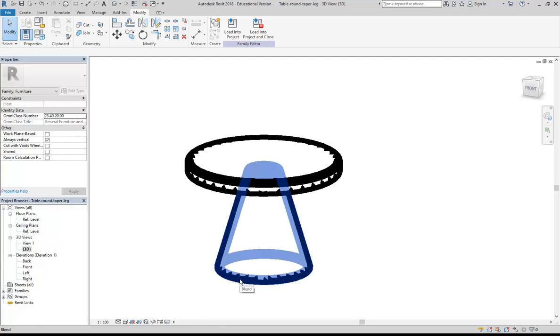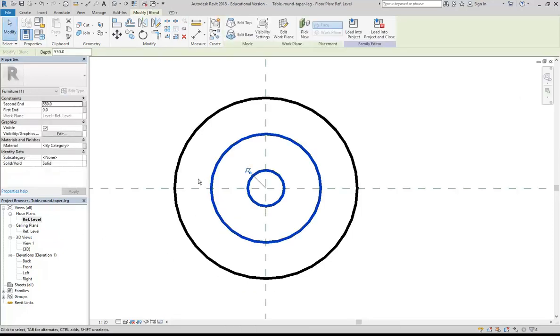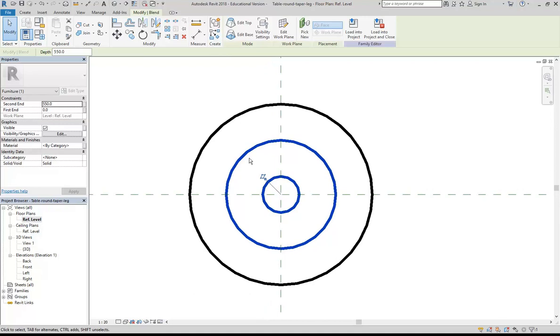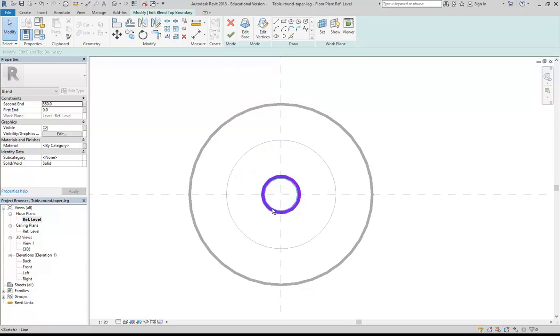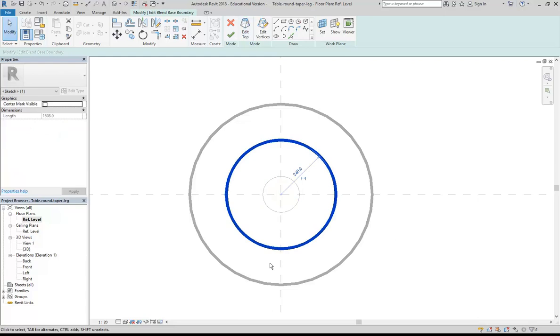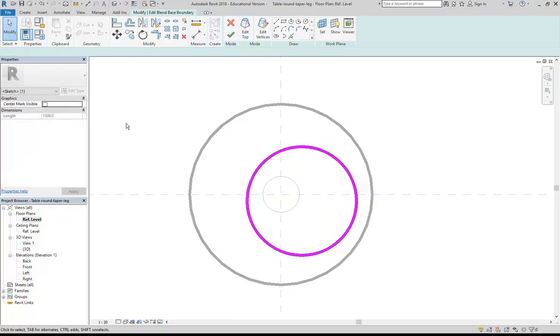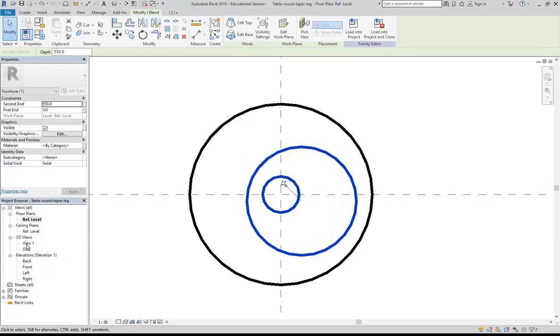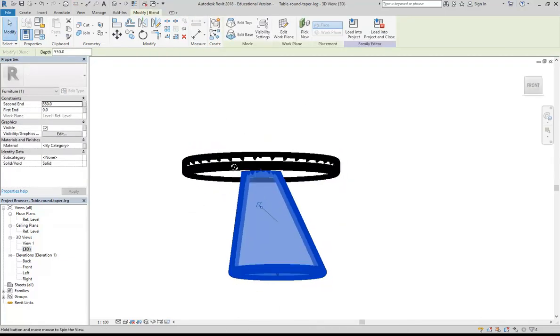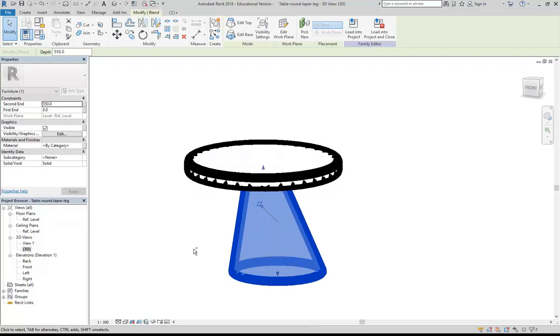So maybe I'll show you how you can do some different things with them. So I'll go back and, with it still selected, we can go to either Edit Top or Edit Base. So I'll go to Edit Top, and maybe we'll just move that circle. Oh, sorry, let's go to Edit Base, and I'll move that circle instead of moving the top, move the bottom, just offset it to one side, and that might give us an interesting result. If I finish it, and in 3D you can see it's still blending from the bigger circle to the small circle, but now we've got